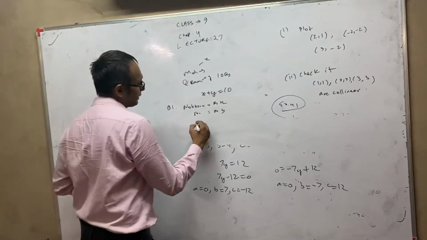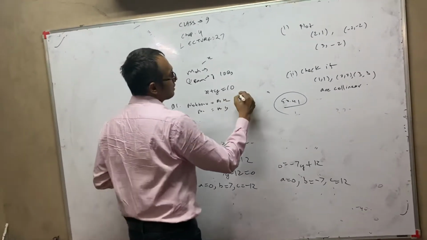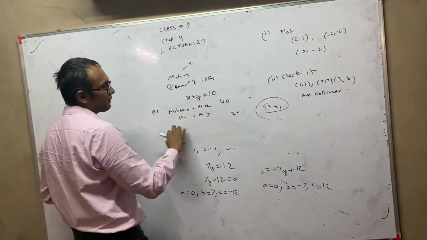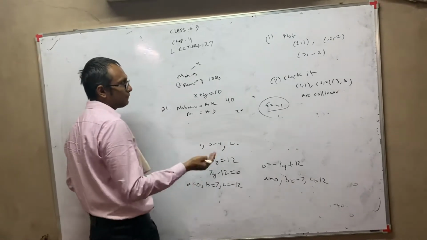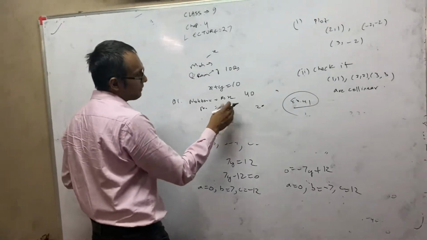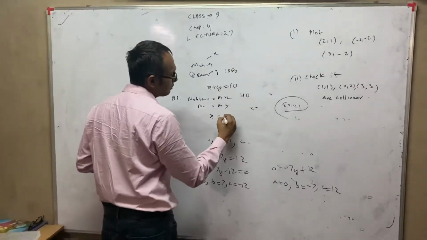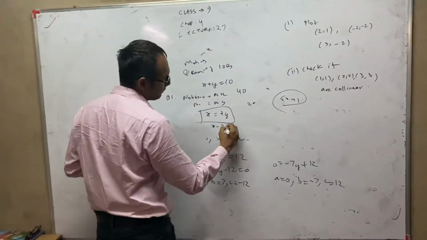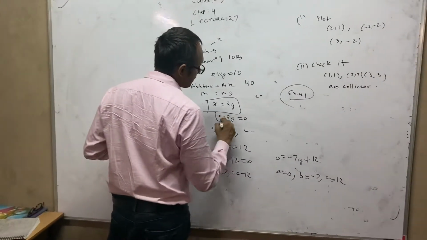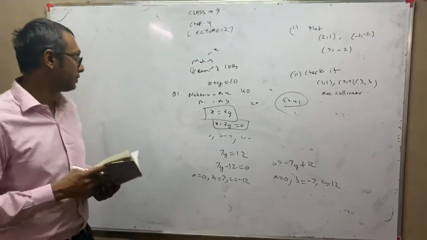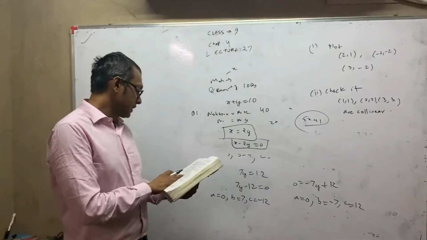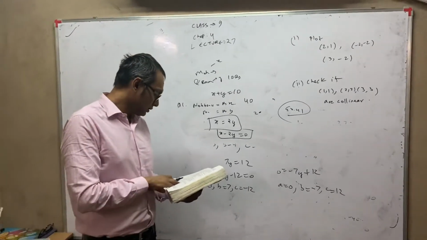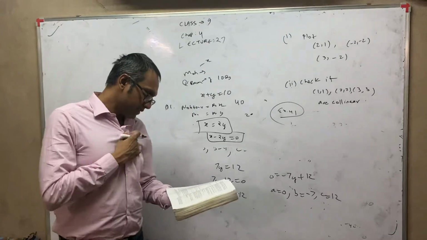So we can write it like notebook. Suppose notebook is 40, then the cost of pen is 20. So now if you want to write them across equal to, we have to multiply the smaller number with the value by which it is less. So we will write x is equal to 2y. So this will be our equation, and which we can of course write it in this form, x minus 2y equal to 0, which will be in the form of linear equation of two variables. So this is exercise 4.1, question number first we have discussed, as well as question number 2 also we have discussed. Now we will just see one thing.